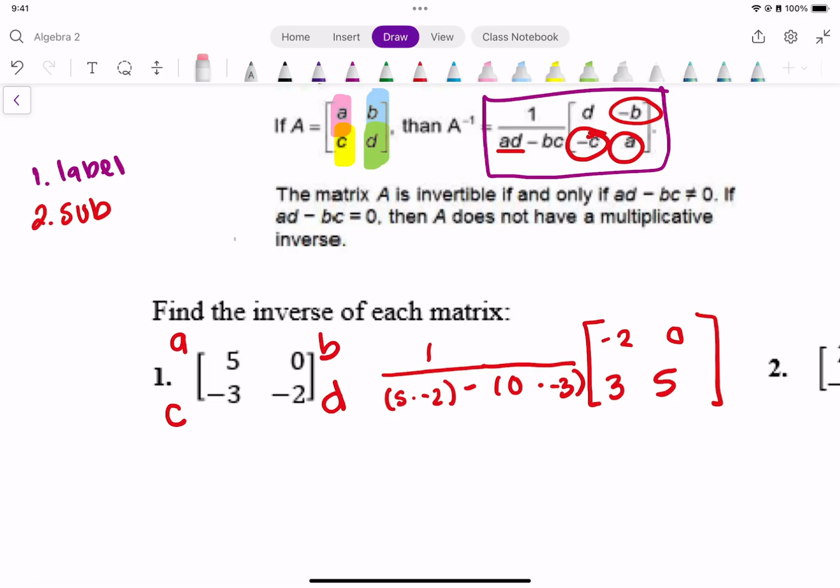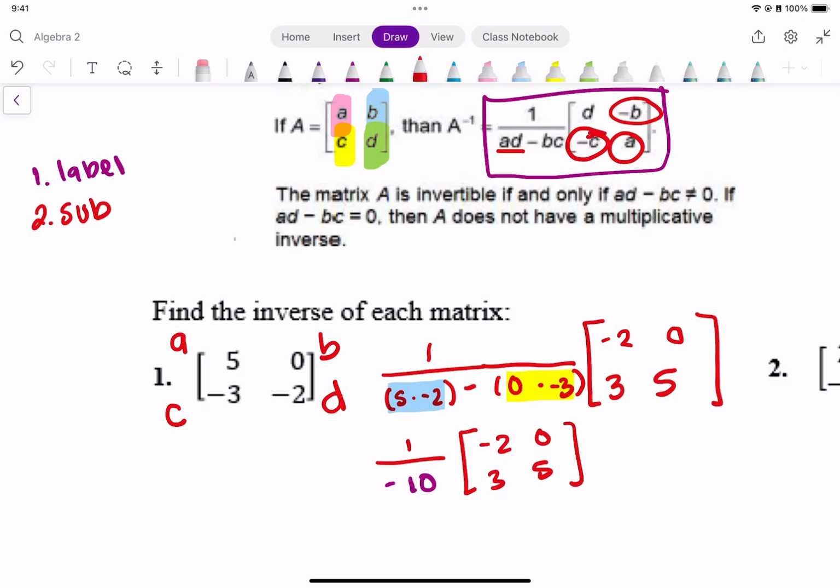Now let's go ahead and simplify what we have going on here in the fraction. On the first one we have 5 times -2, that is -10. Then we have a subtraction, and that's 0 times -3, so that's 0. So -10 minus 0 is just going to leave us with -10. So we have 1 over -10 times